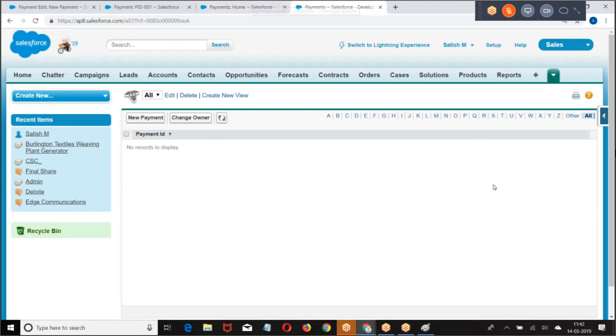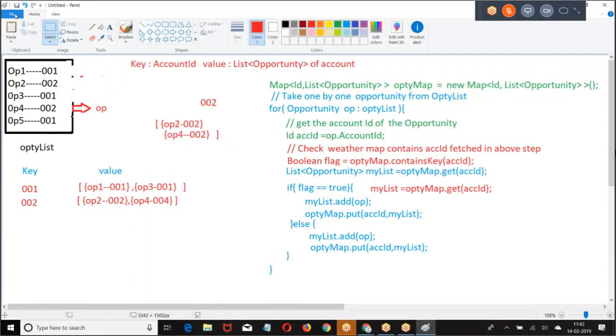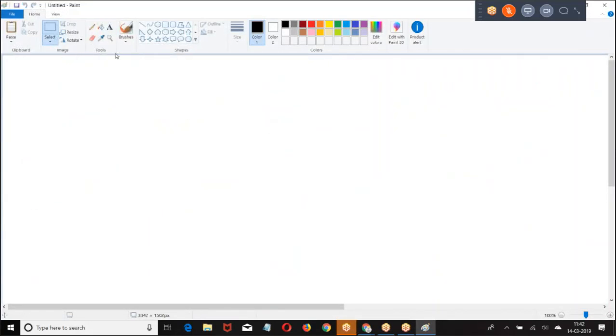What is the concept of roll-up summary? Look at this. Parent 1. Now, let us say I have a count of number of child records, 0. Now, when I create a new contact, 1, then what should happen?